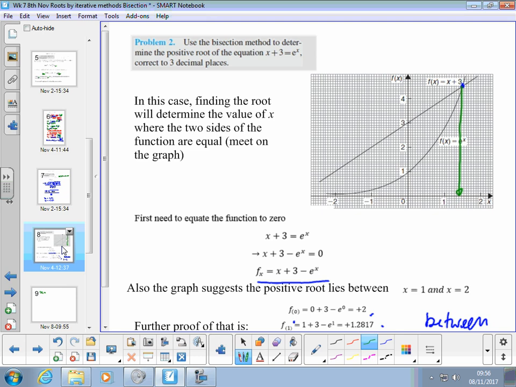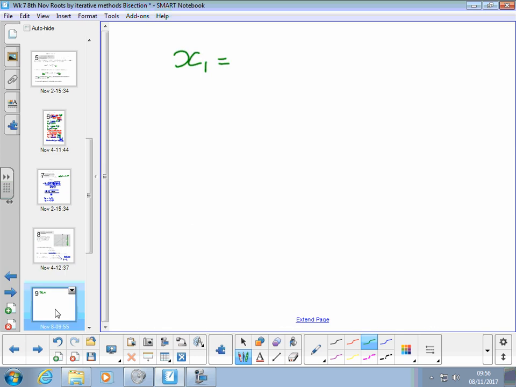A function we're going to use, we know that x1 is a value of 1, x2 is 2. We know we're between 1 and 2. Yeah, we're all happy with that, right? And our function is x plus 3 minus e to the x. Okay? So our next x3 is equal to